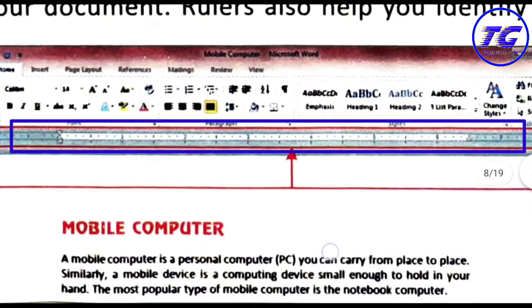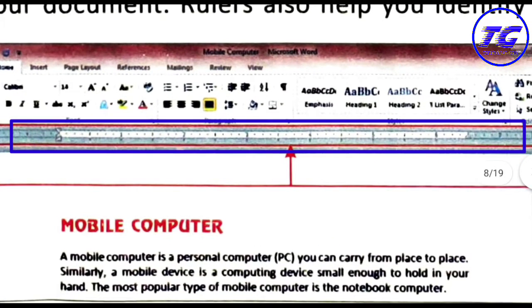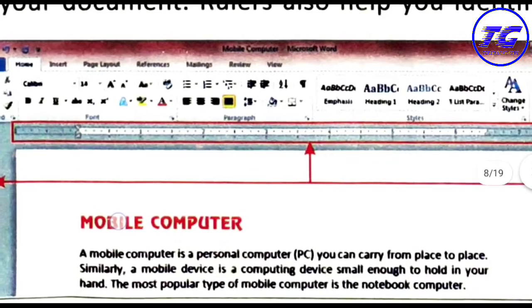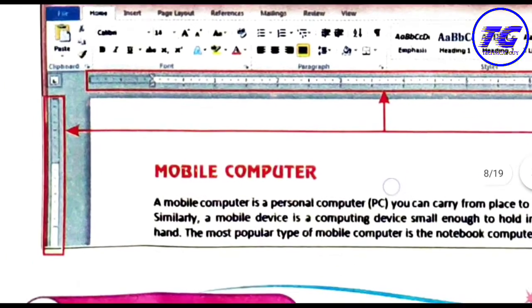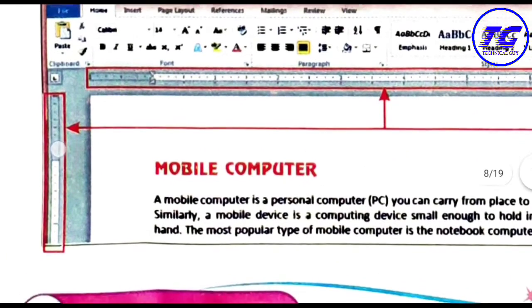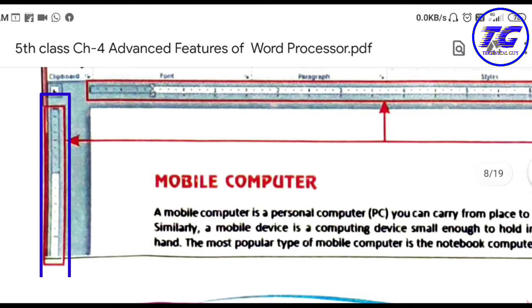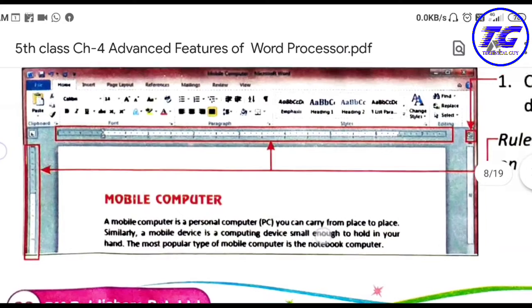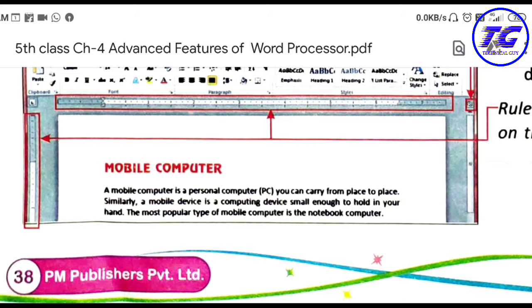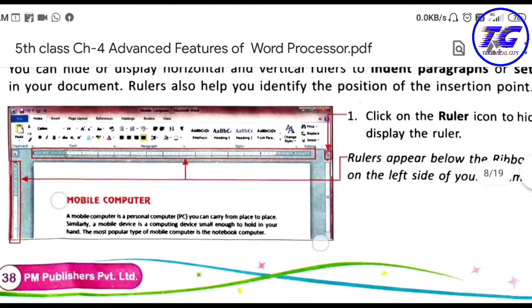It will appear like a scale, and some numbers are printed on the scale for the measurement purpose. And one ruler is on this side, this one. So this is the vertical ruler, and rulers are used to control the layout of the text in the document or the position of the text in the document.